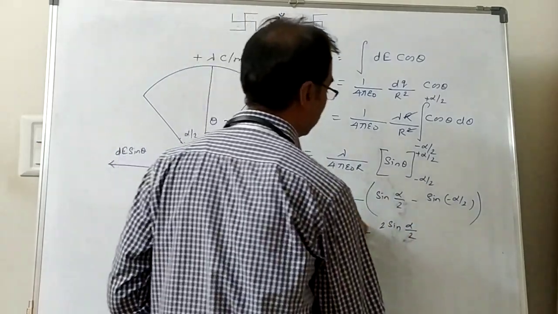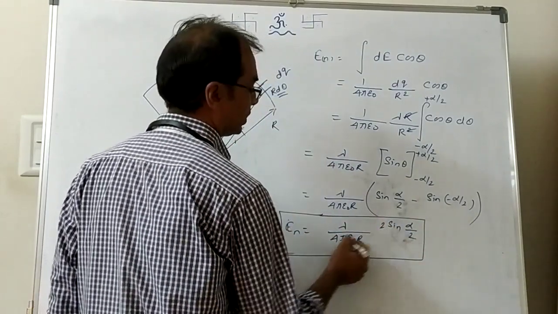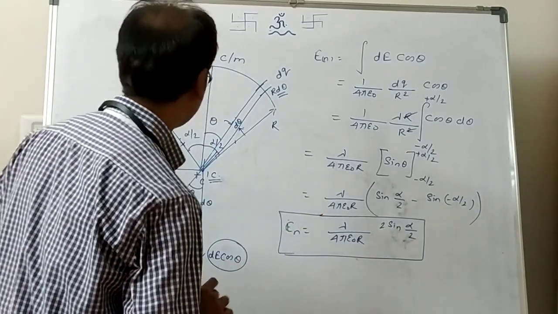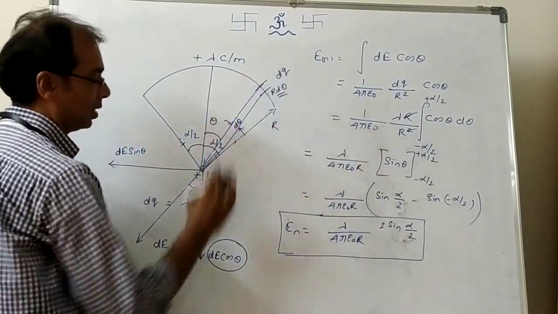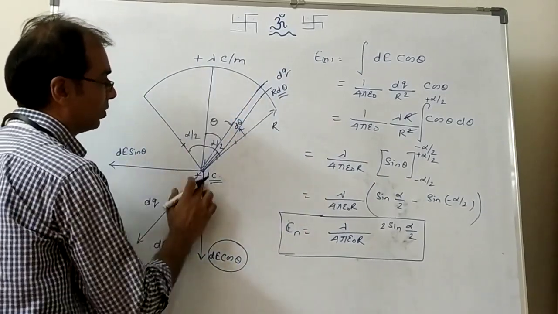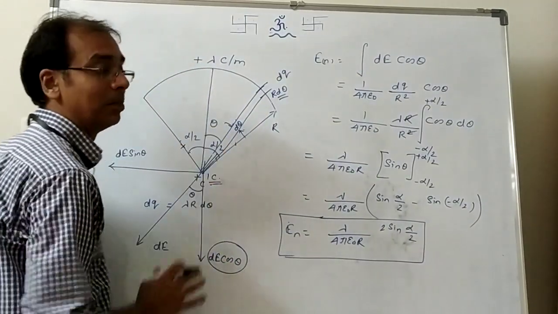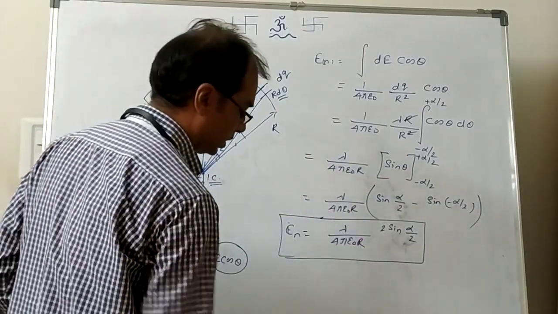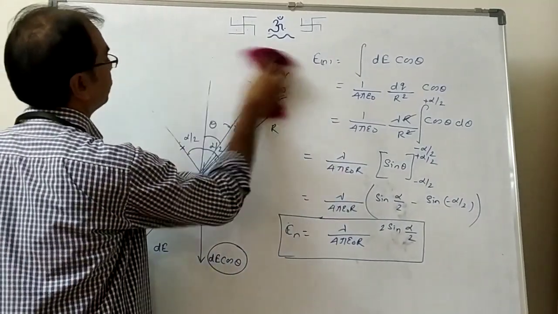Okay, this formula we can remember. Or you can cancel this with 2 and remember lambda by 2 pi epsilon naught r sin alpha by 2. Most important thing now, what is the direction of the field? We said this is the direction because we integrated d cos theta. But look at this clearly. This is the direction of the bisector of this sector. Remember that, and remember this formula also, because this is what we are going to use in the remaining questions now. Just check how to use this now.